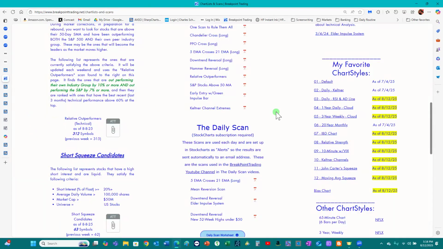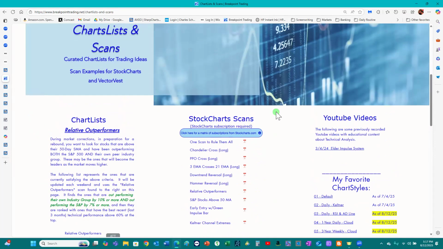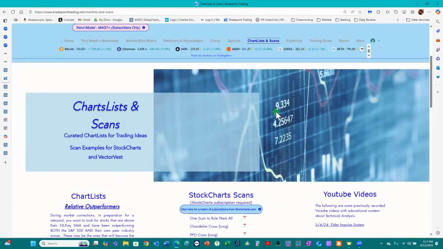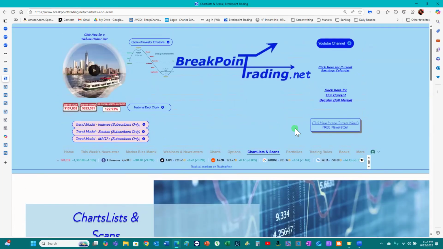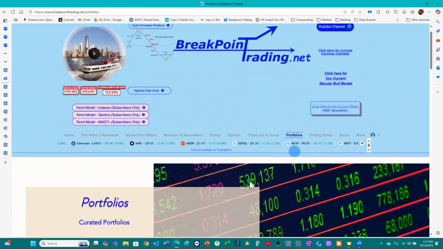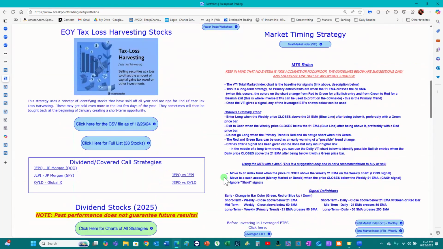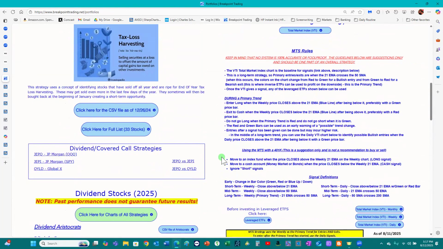All right, now let's talk about tax loss harvesting. This is something I did last year. For subscribers, it's on the portfolios page, but I'll explain what it is. This is actually an idea that I got. It's not a new idea. It's been around for quite a while, but